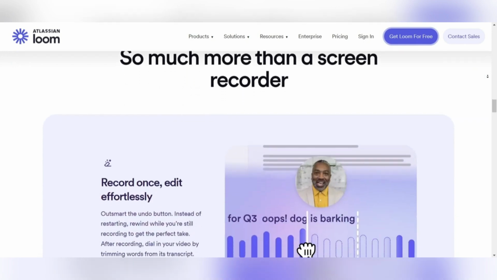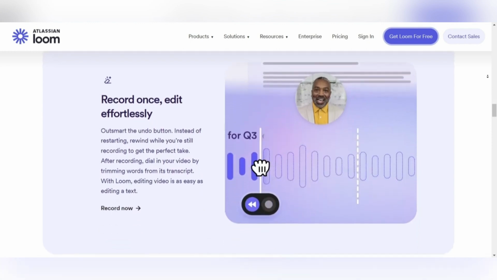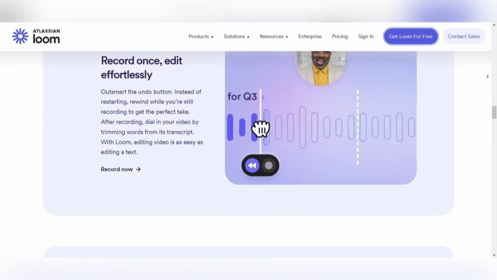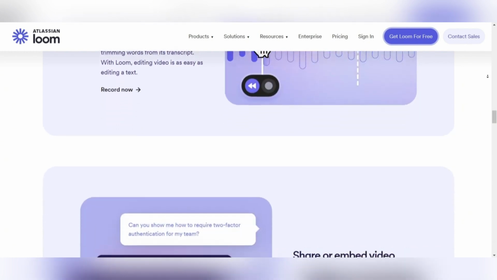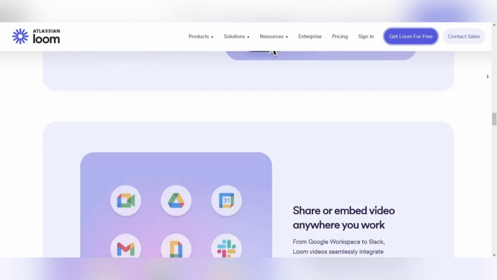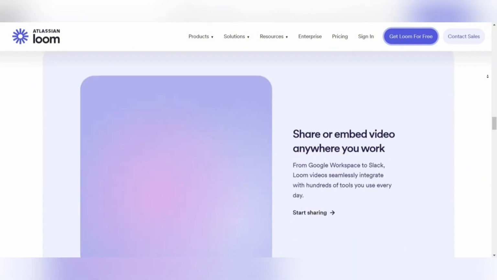Loom also records high quality video, ensuring that your content looks professional literally on any device. There are no limits on storage or recording time, making it ideal for teams and individuals with extensive video content needs. One or two of their drawbacks is, unlike some of their competitors, Loom doesn't actually offer advanced video editing